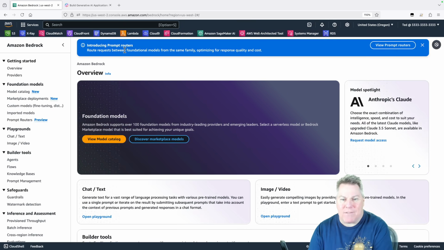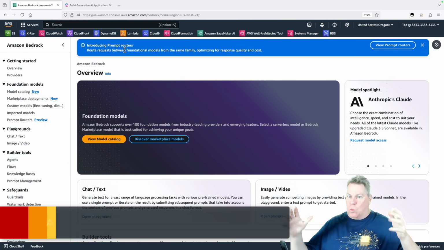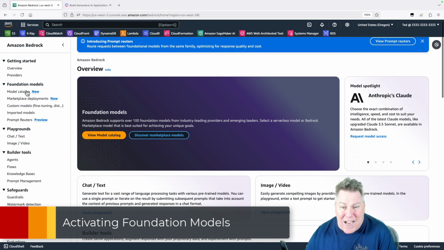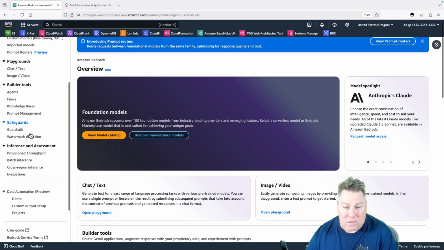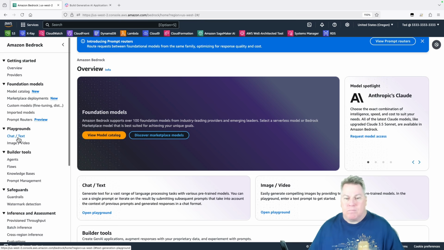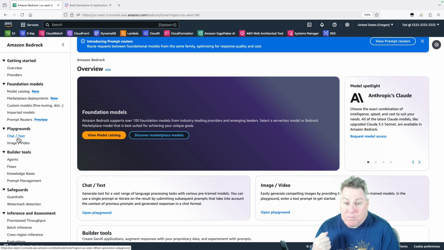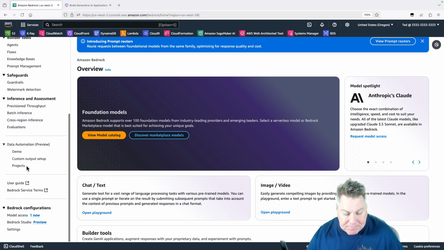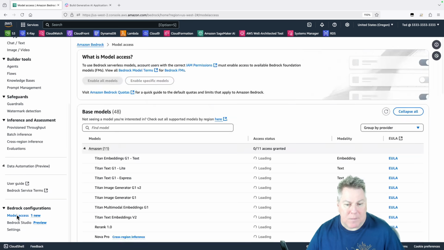All right, so now I have the Amazon Bedrock welcome screen or landing page. Now you'll see there's a lot on the left-hand side here. We are going to focus in this little demo on the chat and text playground. But before we get there, the first thing that we're going to have to do is activate some models in our account. So I'm going to scroll down to the bottom here, and I'm going to go to Model Access. I'm going to click on this,